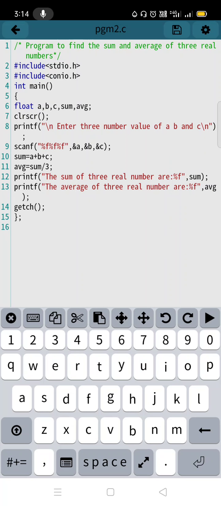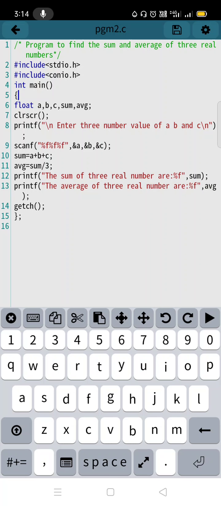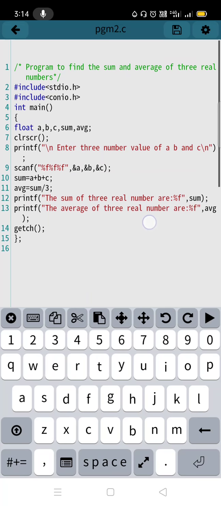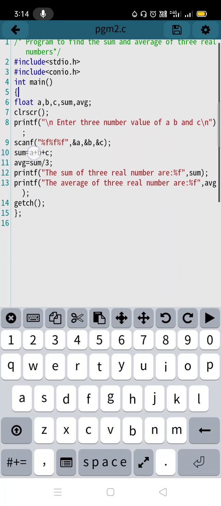After entering the values, the scanf, what is this? Scanf is the input function. Whatever values you enter here are going to be converted from high level language to machine level language using this character conversion.